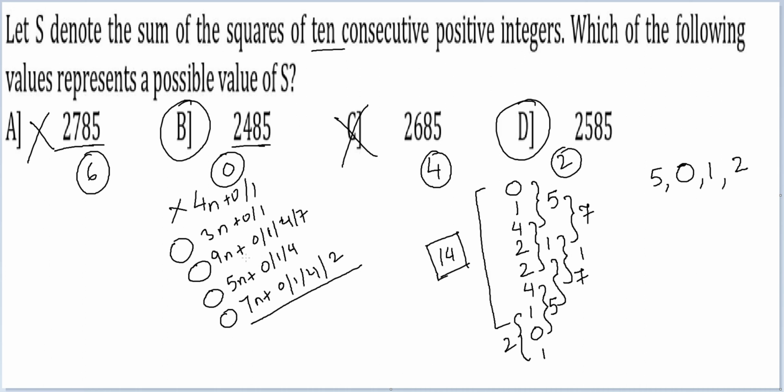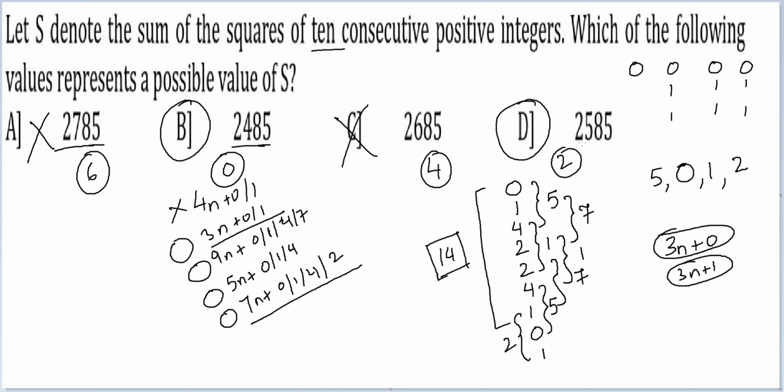Let's check further. Now let's check with 3. Let's check with 3 if I get different remainders. If I have 10 consecutive natural numbers, the remainders with 3 occur in a pattern of 0, 1, 1, then again 0, 1, 1, then again 0, 1, 1, then either it will be 0 or it will be 1. So remainder with 3 will either be 0 or 1 for the list of numbers that we are dealing with.